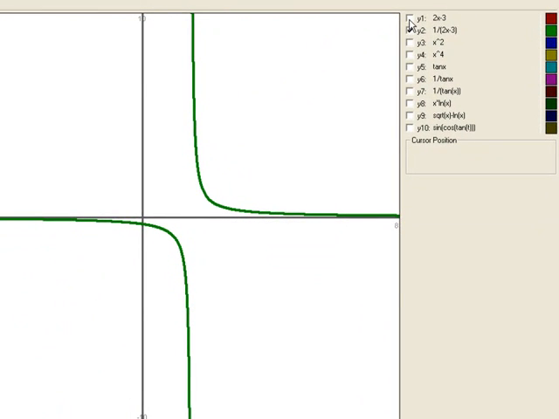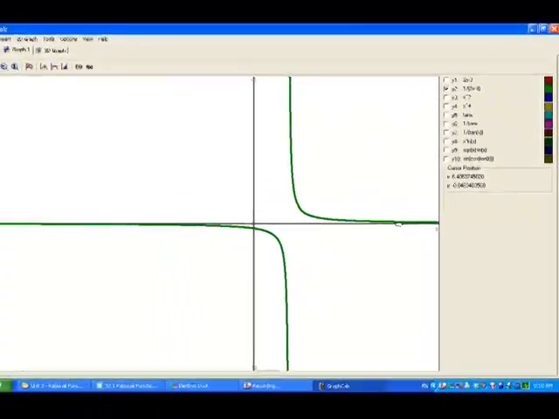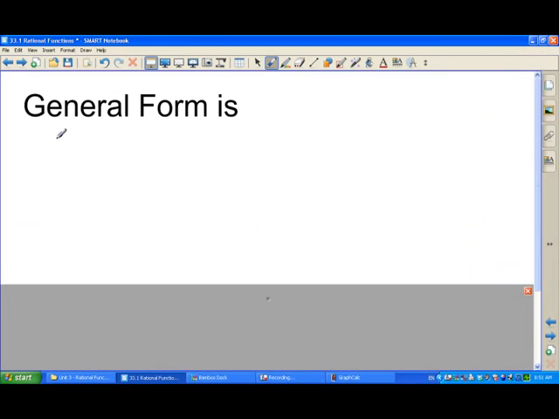Okay, this is a reciprocal function. I can see at -1/2, there's that imaginary line, that asymptote. And as I get closer to the asymptote from the left and from the right, I'm either shooting down to negative infinity or shooting all the way up to positive infinity. And as my x values get larger and larger, my function gets closer and closer to 0. So in general, when we're dealing with reciprocals of linear functions,